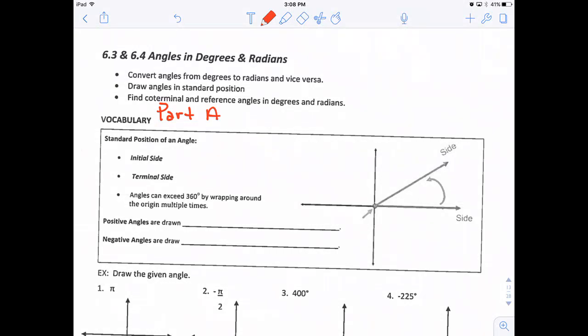Hey, welcome ladies and gentlemen to your 6.3 and 6.4 note guide talking about angles in degrees and radians. We're going to convert angles from degrees to radians and vice versa. That's what this is saying right here. We're going to draw angles in standard position, and we're going to find coterminal and reference angles in degrees and